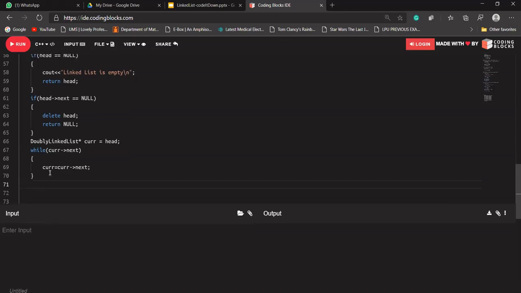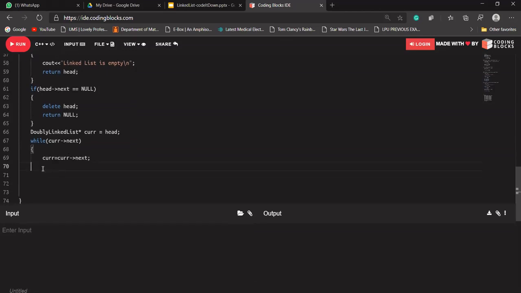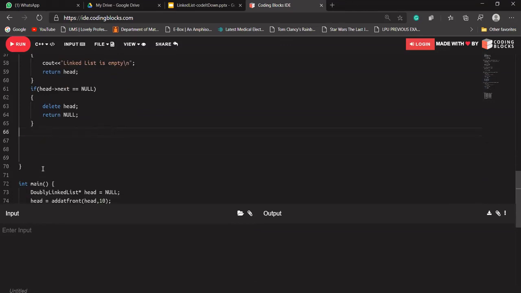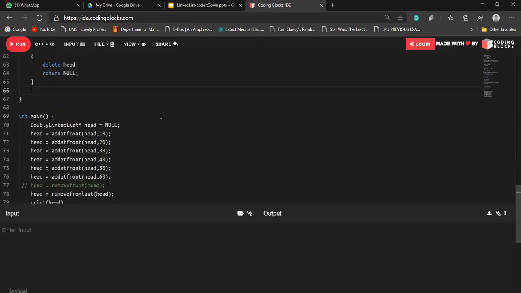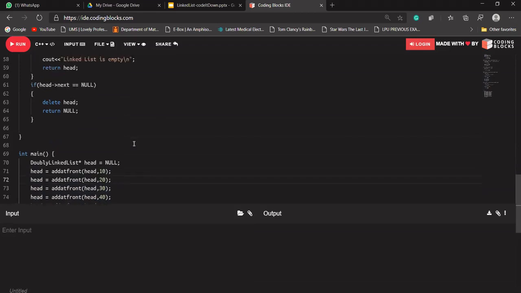So in that case, what do we have to do? Let's use what Shrey is saying. Shrey is saying that we should be keeping track of our last pointer. If we have the address of our last pointer, we don't need to iterate this loop. If our linked list is 60, 50, 40, 30, 20 and 10, we should be keeping track of our last node. If we have the address of our last node, we don't need to iterate through the complete loop again.